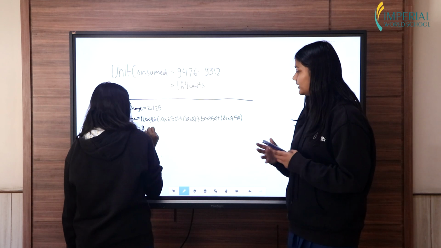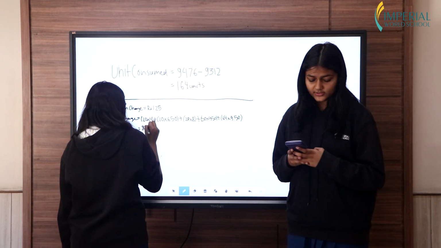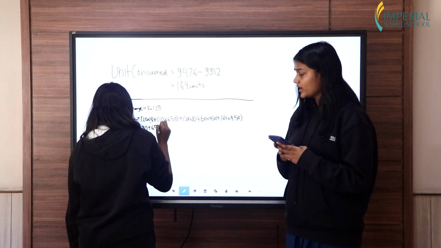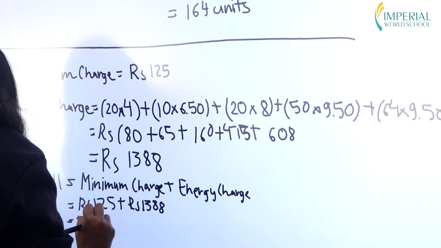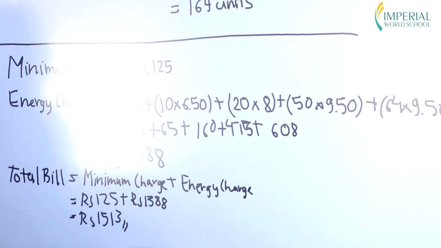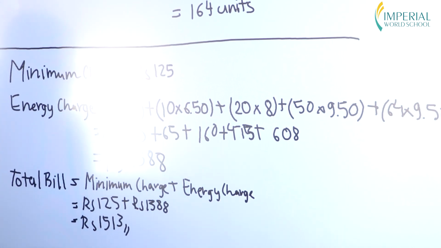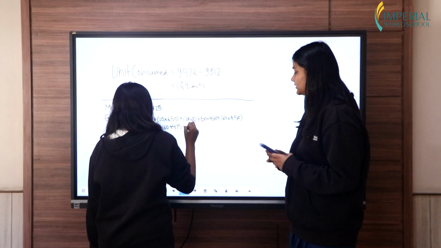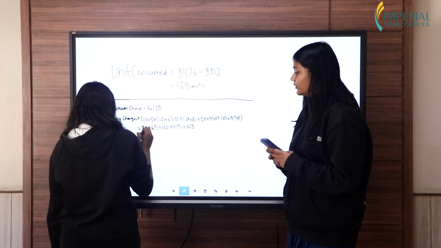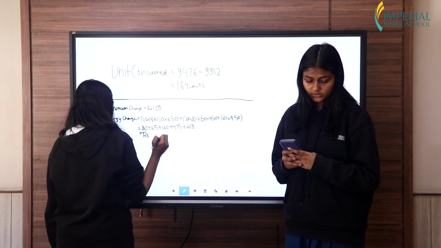So for the first one, it's 80. For the second one, it's 65, followed by 160. The next one is 475. Now for the final one, it's 608. Now we add all the values. The total is